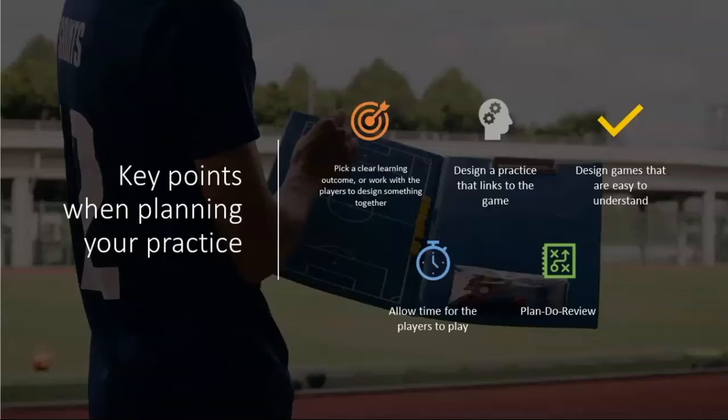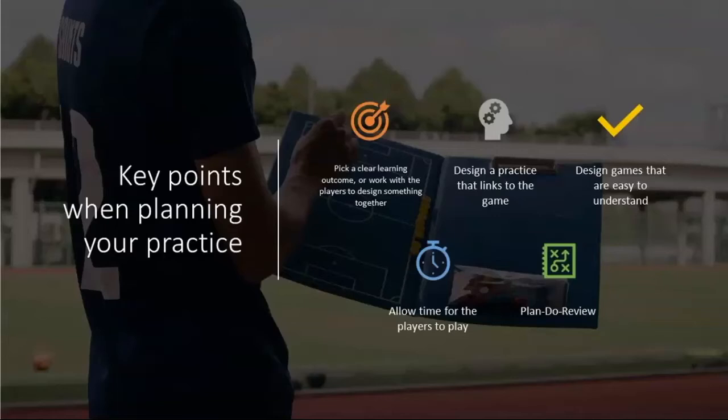Games are easy to understand. If you have to make loads and loads of notes about all your different progressions and you pass here and then move here and then player B dribbles around to here, if you have to take ages doing it and have to check your plan to be able to explain it, then how do you expect the children in your group to do it? So really think about games that are really easy to understand, and then almost scaffold the learning. So throughout the practice, then you can add layer upon layer, so the children can continue to be challenged and stretched throughout.